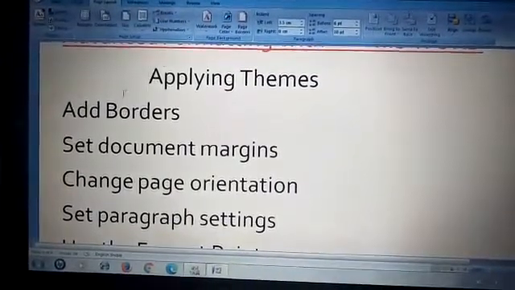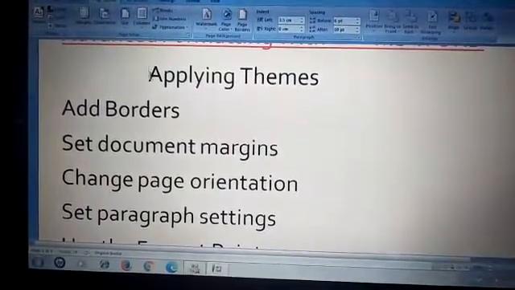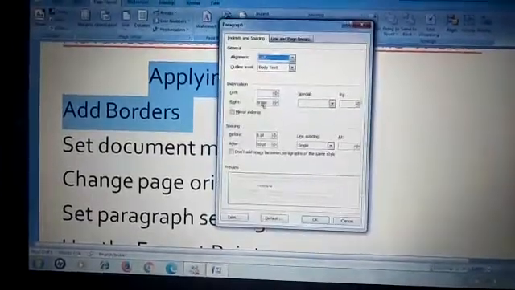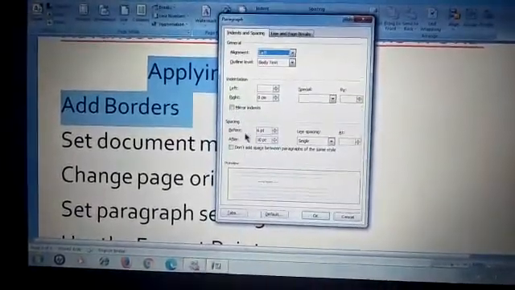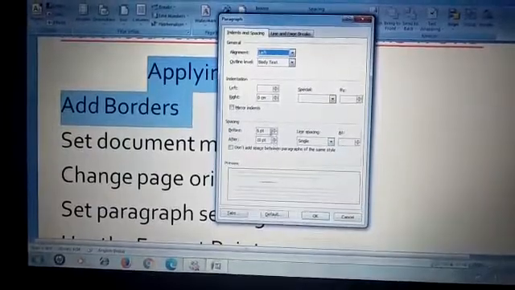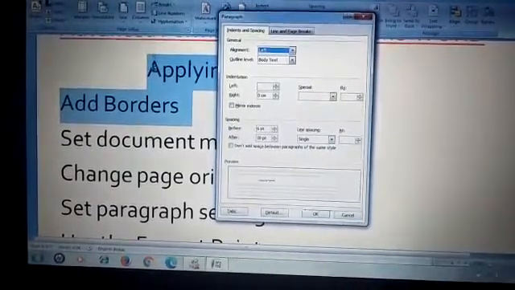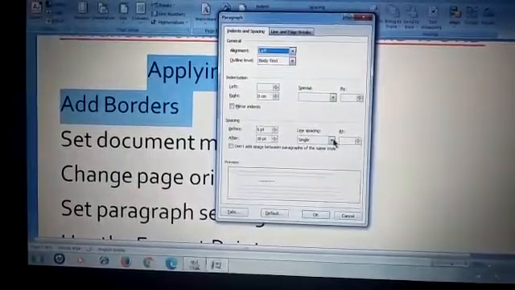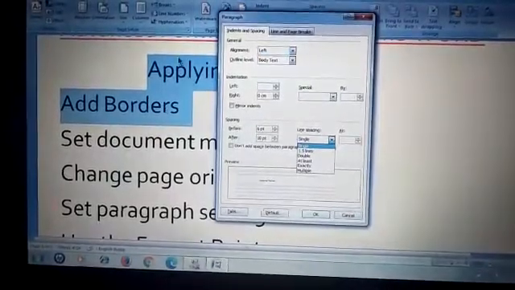Now next one is spacing between the lines. I am having 2 lines. I have selected 2 lines. Now if I want to change the spacing from here, I am having an option out here. I can change the space before the paragraph, after the paragraph, and line space between 2 lines.